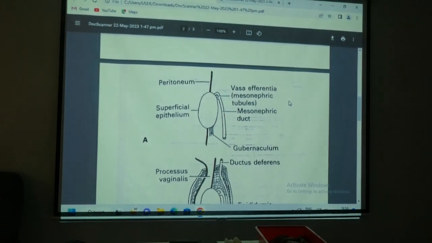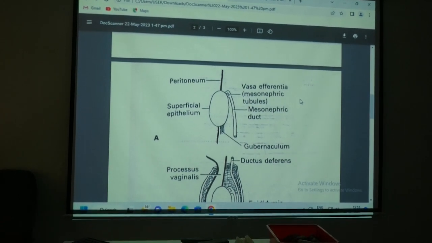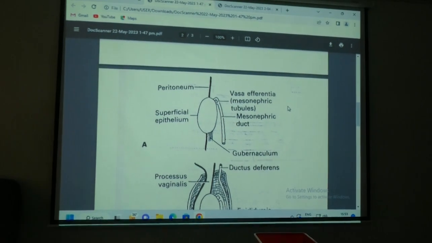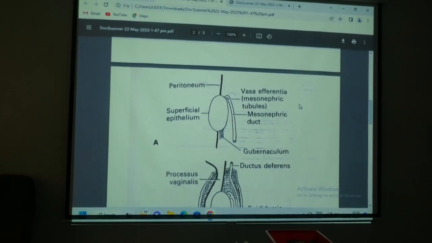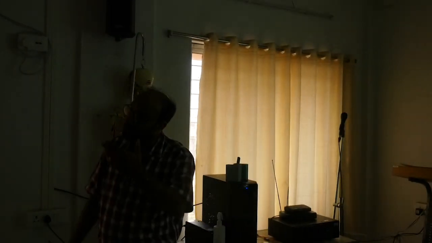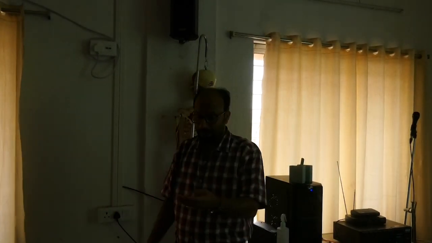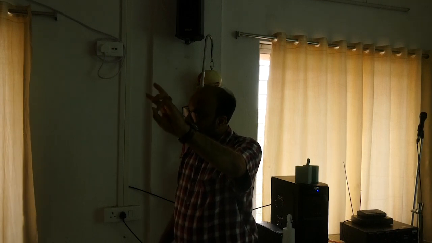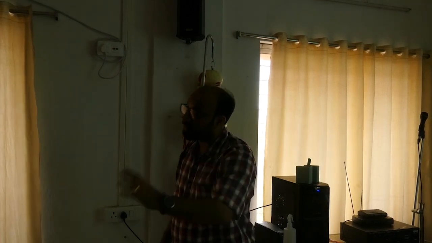ভাস ডিফারেন্স এর সঙ্গে লাগছে মেসোনেফ্রিক টিউবস একটা পার্ট। gubernaculum at the lower pole of the testis, দুদিকেই পেরিটোনিয়াম আছে আর এই যে ডাক্টটা দেখছিস এটা কিন্তু মেসোনেফ্রিক ডাক্ট। এটা গোনাডাল দিক থেকে আসে না, মেসোনেফ্রিক ডাক্ট থেকে আসে। মেসোনেফ্রিক মানে সেই কিডনি রিলেটেড। দেখ ভাসা এফারেন্সিয়া, epididymis, vas deferens, ejaculatory tract all are coming from the mesonephric duct।